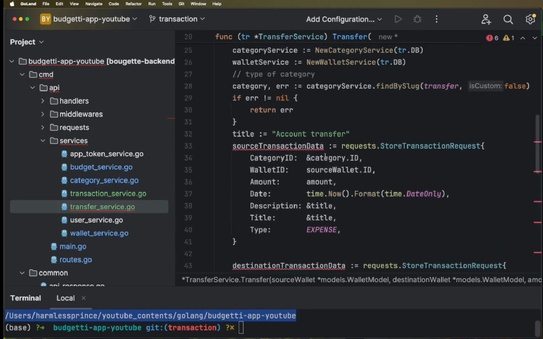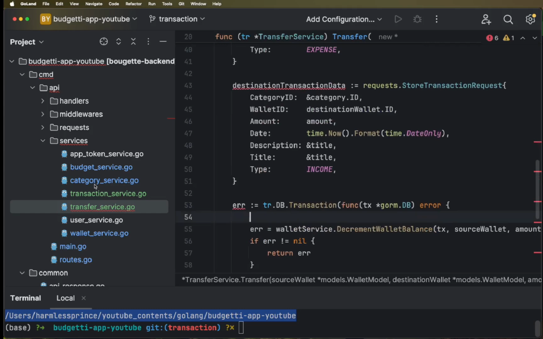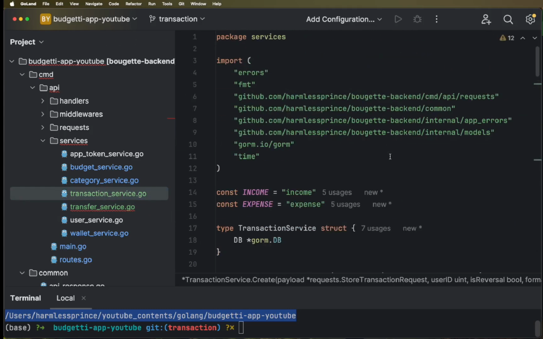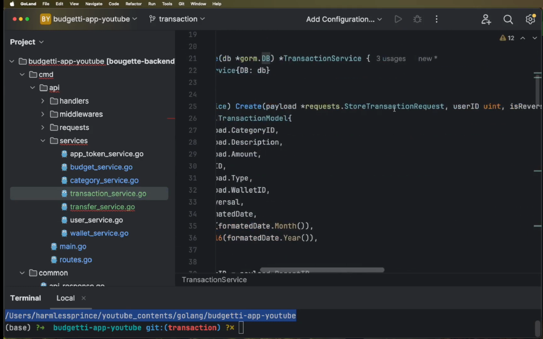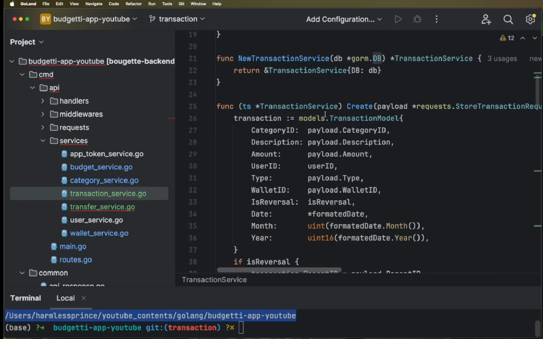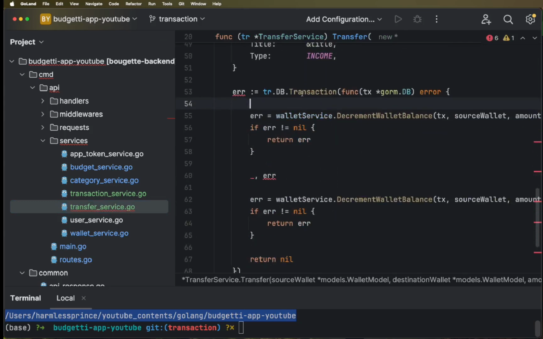So for this, I'll be initializing the transaction service inside this. So if you look at our transaction service, we can see that our transaction service is not expecting any DB instance. So that means we need to initialize the DB instance inside our transaction